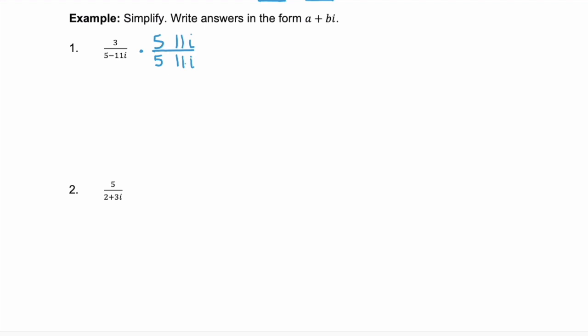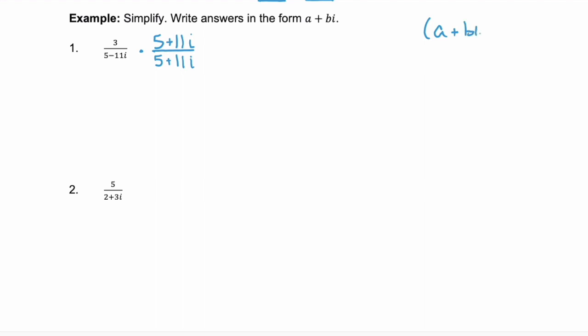So we rewrite the denominator, just the terms, and we change the operator. Right here it's subtraction, so our conjugate is going to be addition. And because our numerator and our denominator here are the same, this is in essence the same as multiplying by 1. Now, why do we use the opposite? That's because